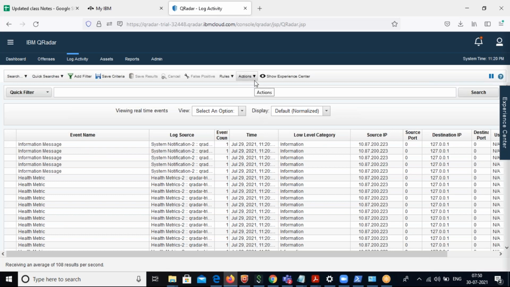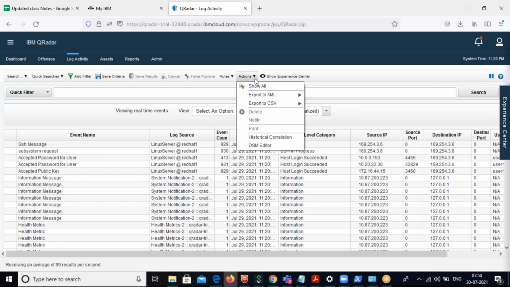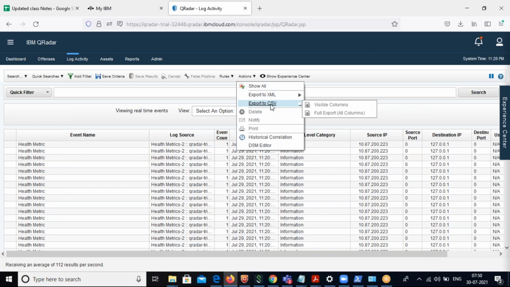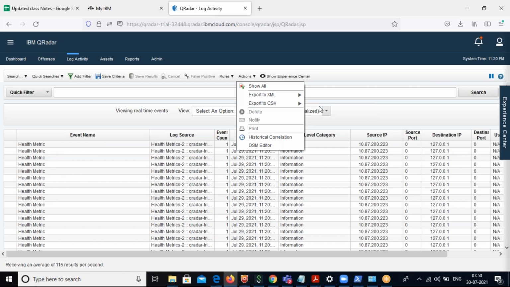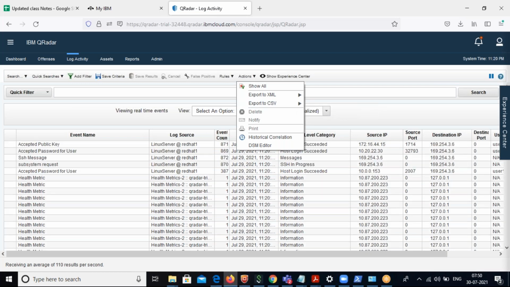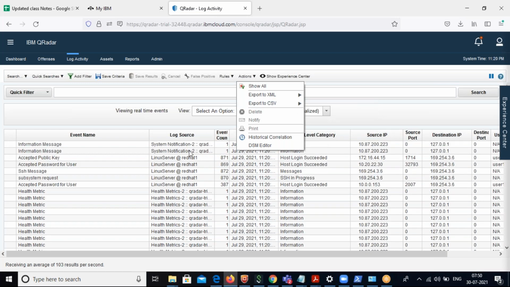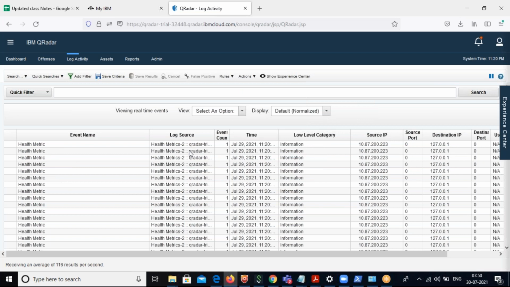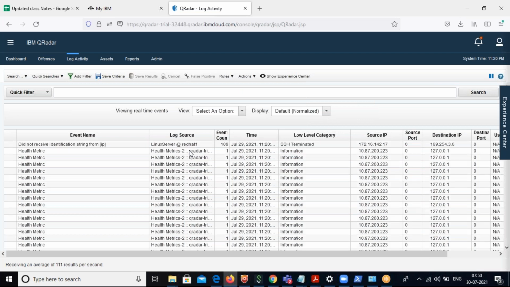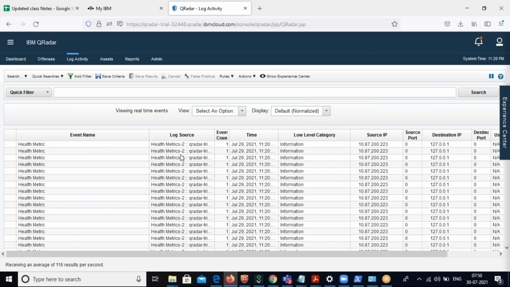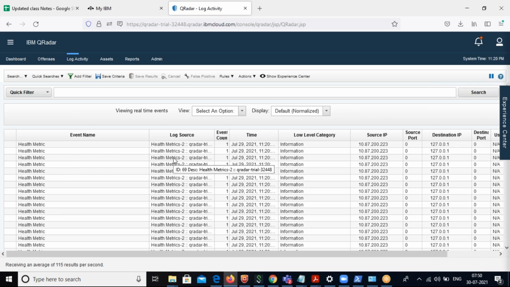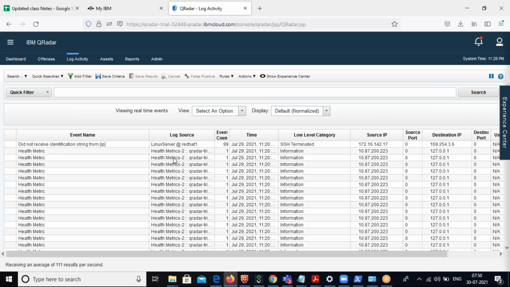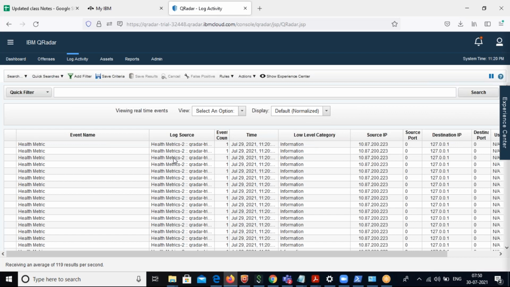Let me see whether any export option is available. See here, the export option is available. I thought it would not be. It is there, you can see here. So you have to export. For example, how to export the logs. Last class I told you about exporting the logs. I said there is no option available, but whenever you want to attach logs as evidence,